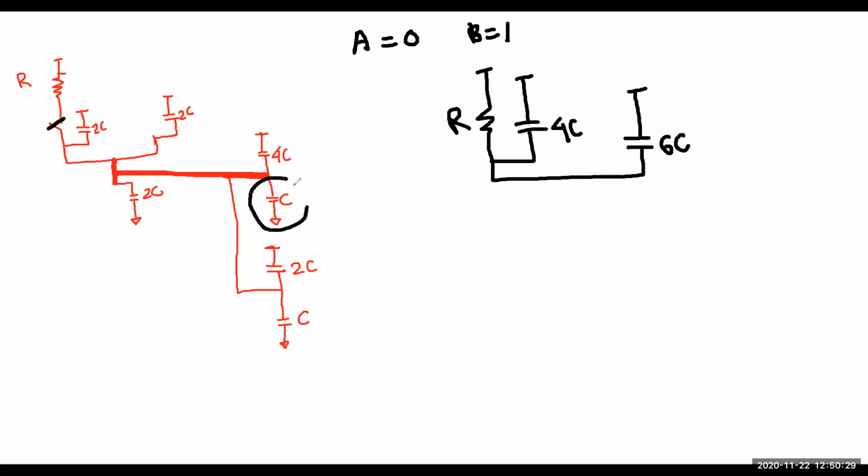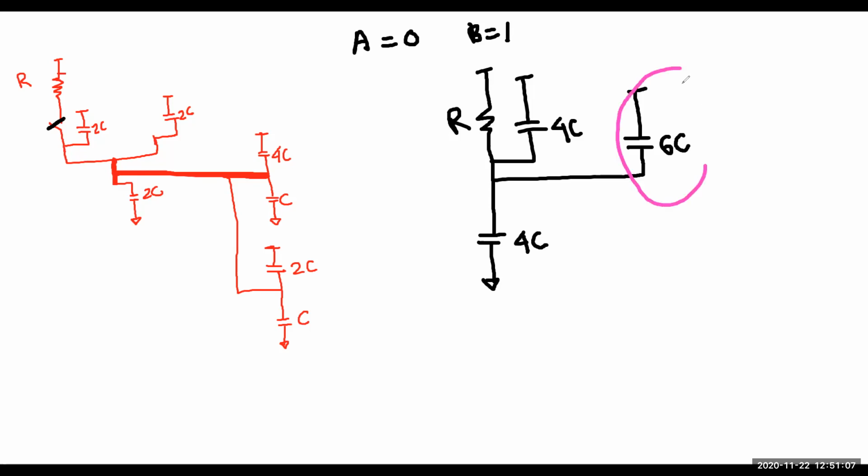This capacitance and this capacitance, they are parallel as well. Do you know how? Connected, sir. Because one point is grounded. That means they are common. Another point is this one, right? Yes, sir. So they are actually parallel. So I'm going to call them what? Let's say call here. So how much? C plus 2C. How much? 4C. 4C.